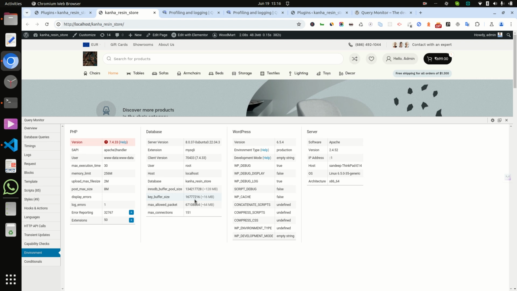So if I am debugging something, I can check all data here, think about what issue is coming on the site, and directly get an idea for that.